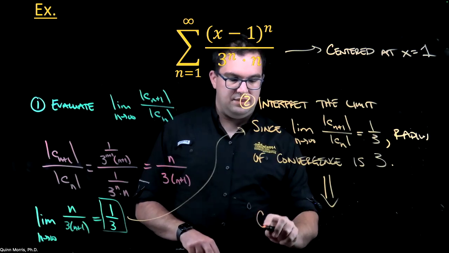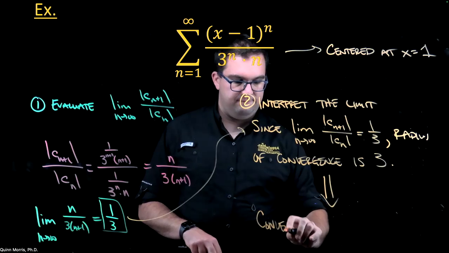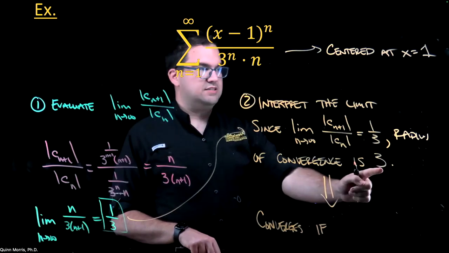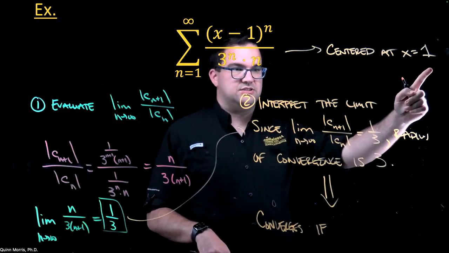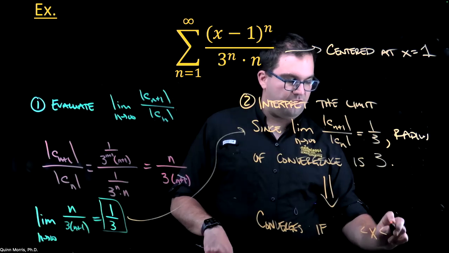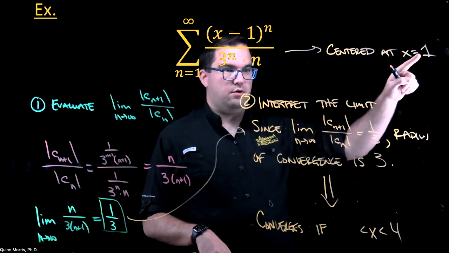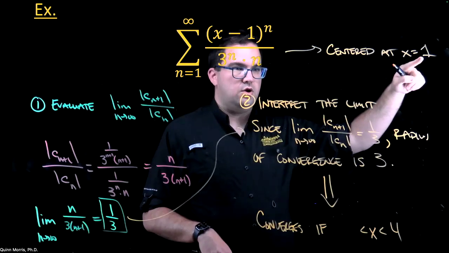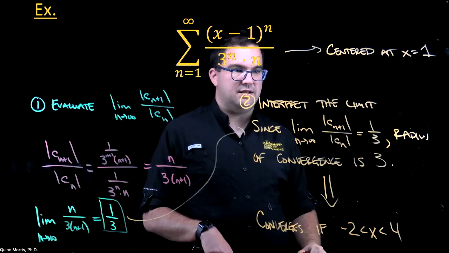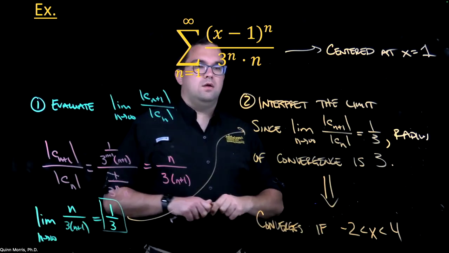And so I'm going to get that this series converges if, now my radius of convergence is 3, I'm allowed to go distance 3 away from 1. So I could go as far up as 4, if I go up 3 from 1, or I could go down 3, which would take me to -2. Okay. But